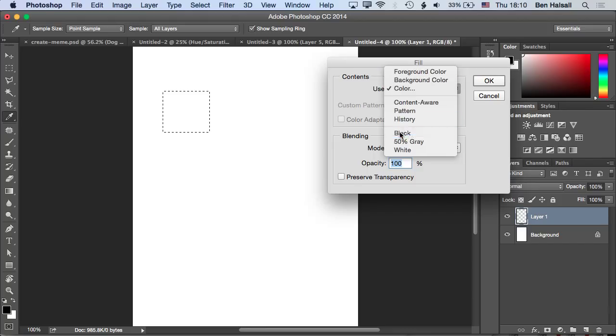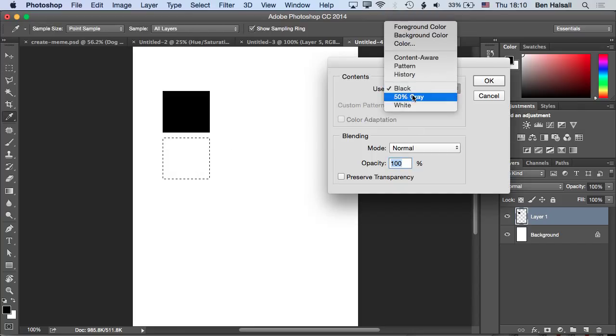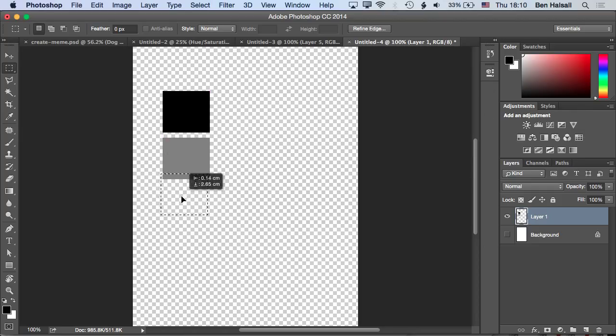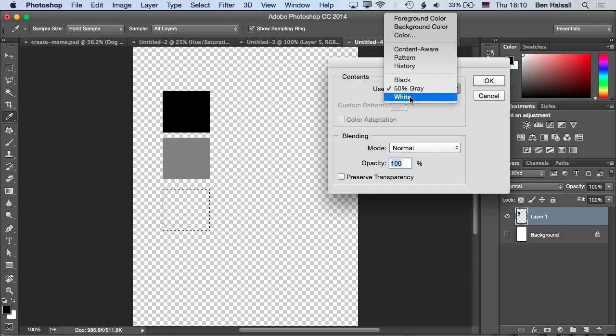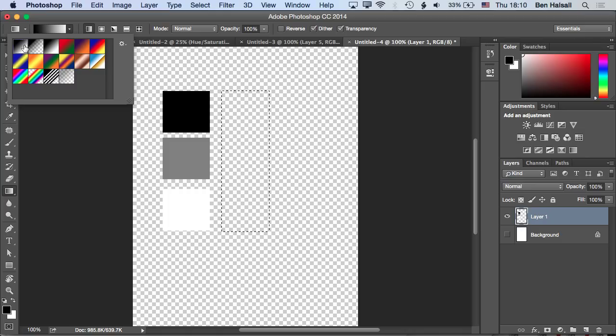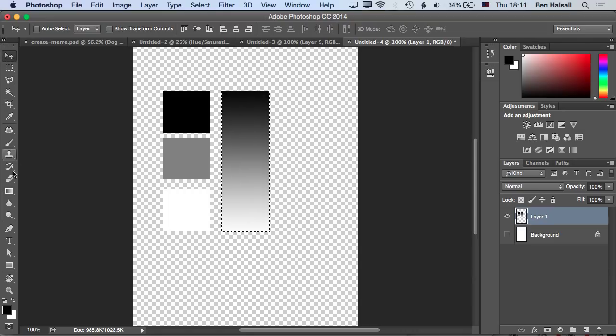Okay, so I'm going to do black first. And then I've got my marquee tool selected, so I can just move that selection and then do Shift F5 again, and then I'll do 50% grey. I'm doing this on a second layer so that I can layer things up, and then I'm going to do this one as white. And then I'm going to do another one here with a gradient of black to white. Okay, so if we just drag this across here,